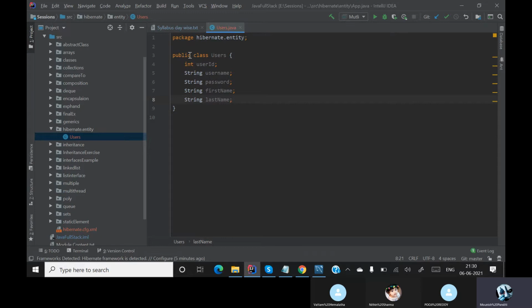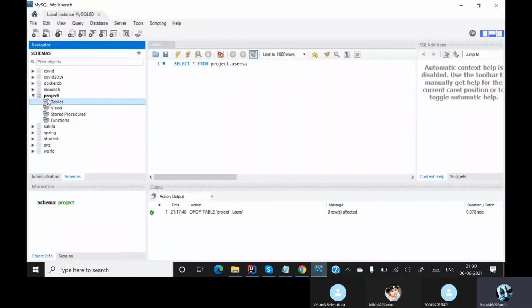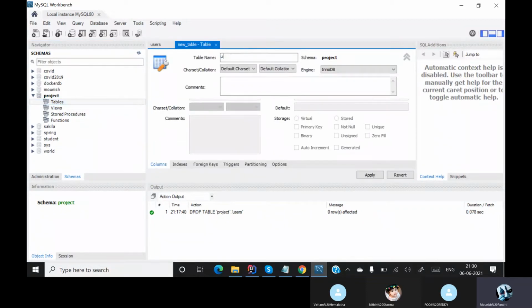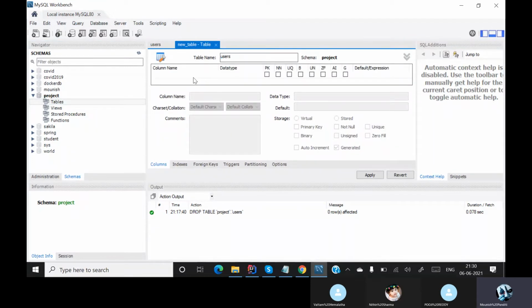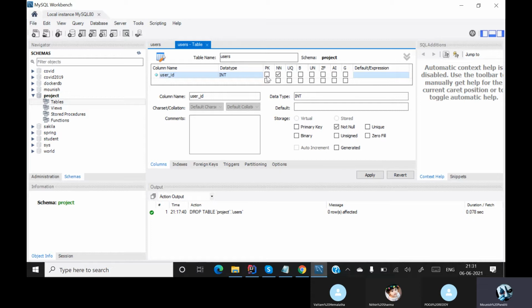For this, let me create a table in my MySQL. Here I am creating a table, let the table name be users, and then let's start writing our values. Let this be user_id, and this user_id is my primary key and it is auto-incremented every time I write something.